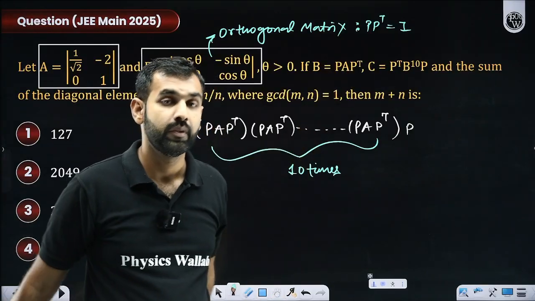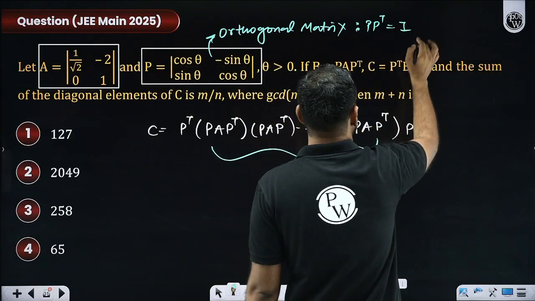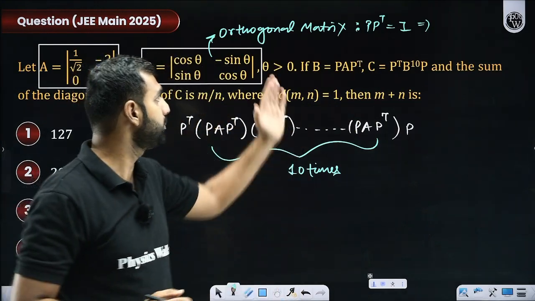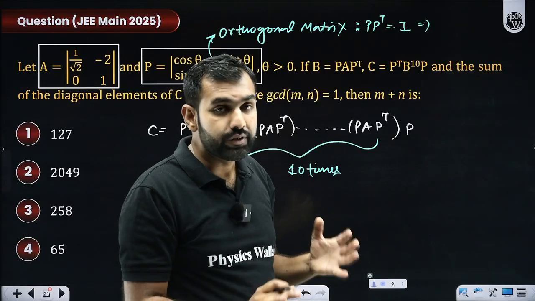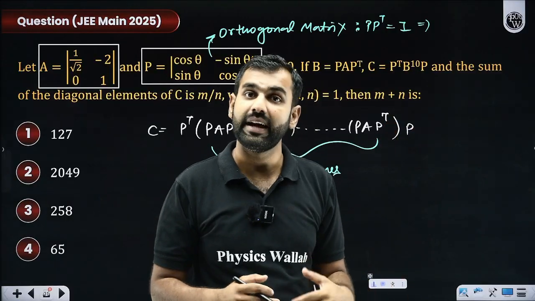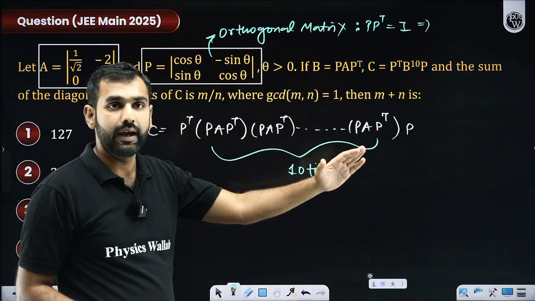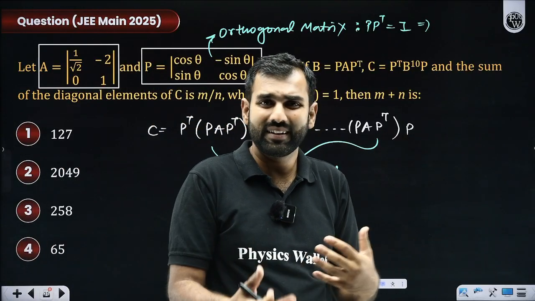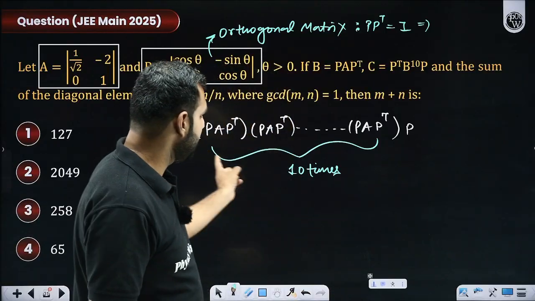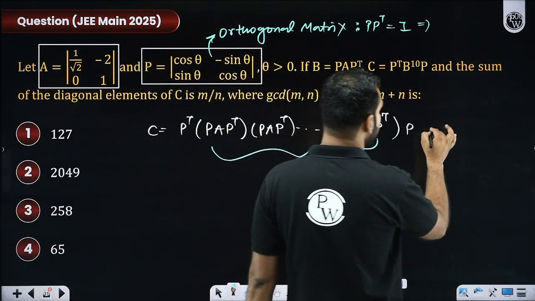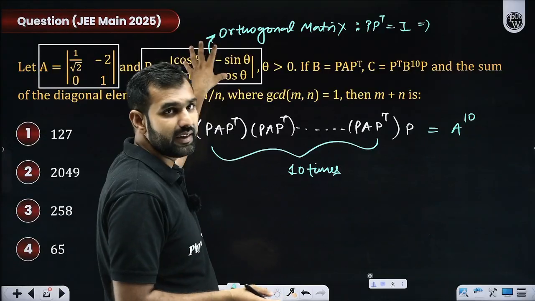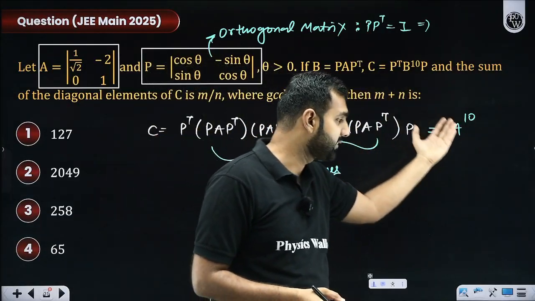PAPT, 10 times. Sir, we know P is an orthogonal matrix, which means PPT you do or PTP you do, it will be an identity matrix, because P and PT are inverses of each other. Yes or no? That means all these PTP, PTP, PTP will be what? Identity matrix. So this is A multiplied by a lot of I's. Order I'm not concerned about because I with A, whatever order you take, will be A. But this A is turning out 10 times. So is it not simply A to the power 10? So my whole question boils down to the simple fact that if you crack this P here, you will be calling that this P is nothing but A to the power 10.